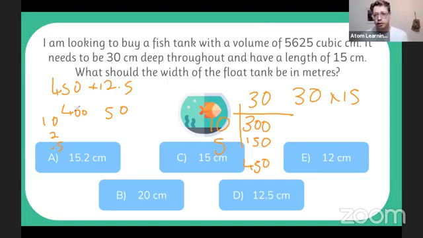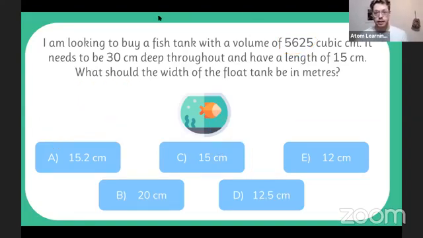So I don't really know how big a fishbowl is, but those foundations become even more important when you get to these harder questions, because if you struggle with multiplication, you won't even really know how to approach this question because you won't know how to do this last bit where you find out how to get to 5625. So once you're familiar with multiplication, it's easier for you to then play around and answer questions like this. So that was a little shape question. Let's move on to the next one.